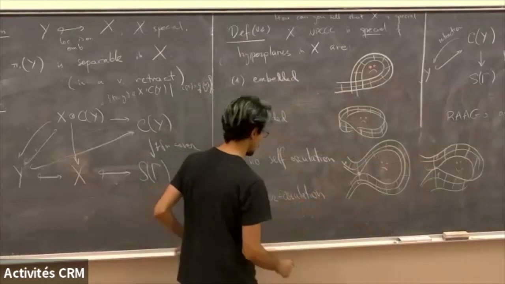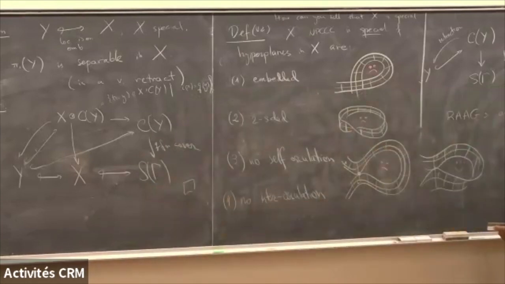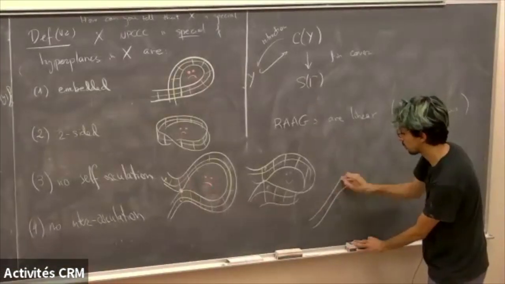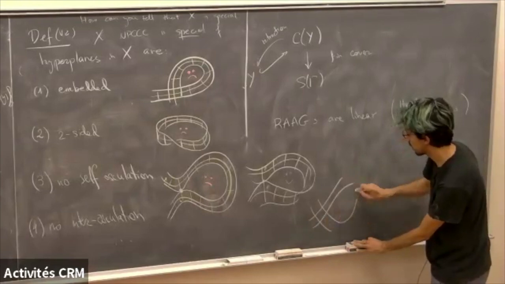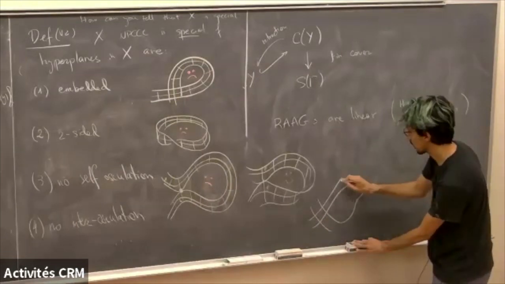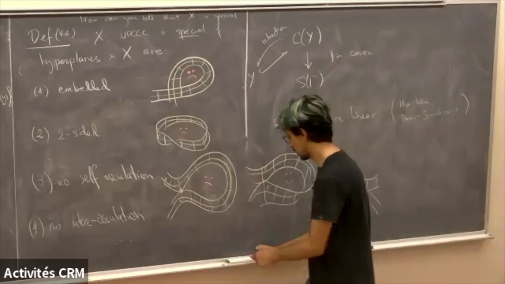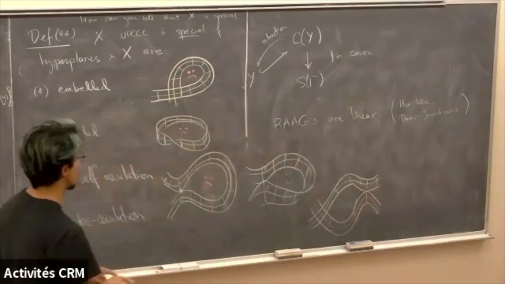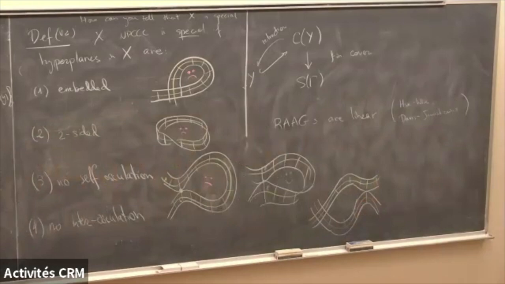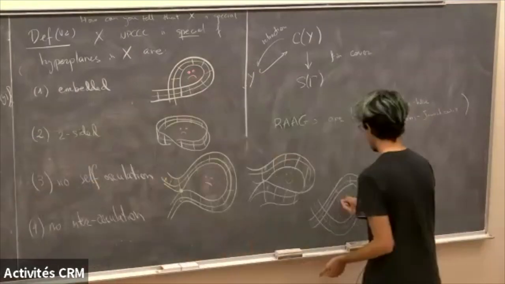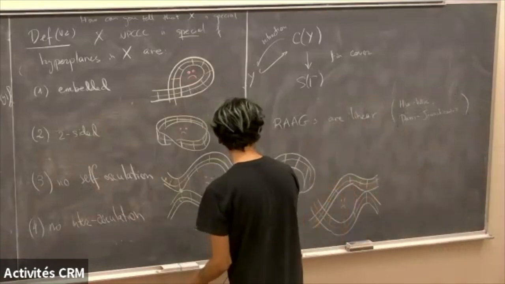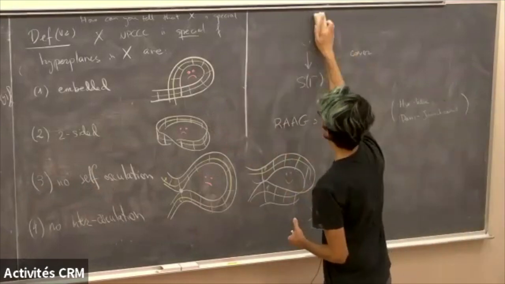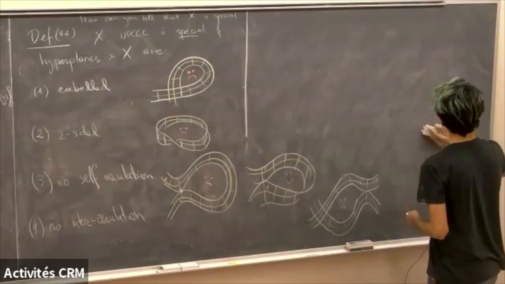The last condition is no inter-osculation, meaning no intersection and osculation. This is the condition about two hyperplanes. I don't want them to cross somewhere and then touch in whatever way. They have to decide: are they crossing or are they osculating? They can't change their mind. And the point is, it's not just called by the same name, it's really the same object.